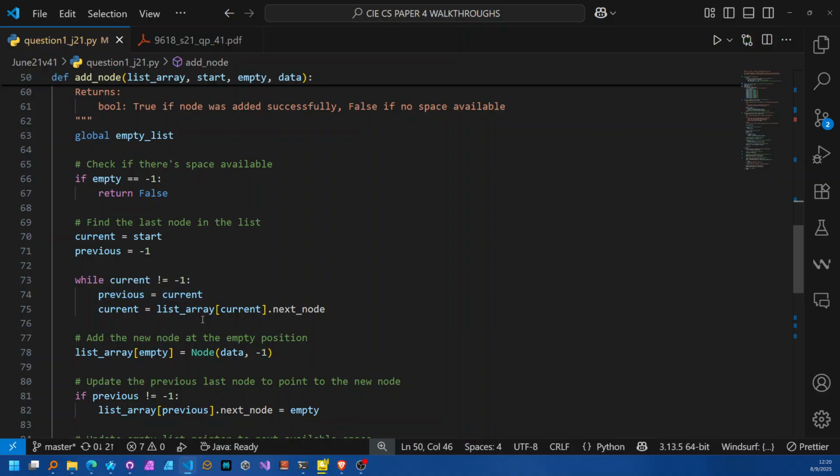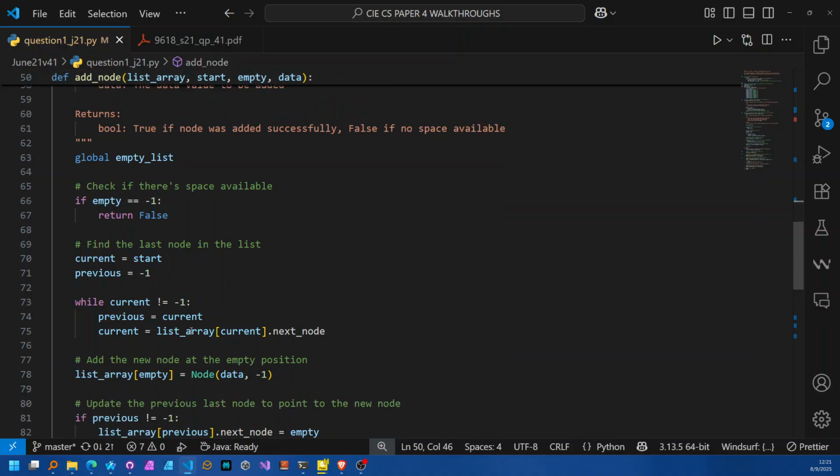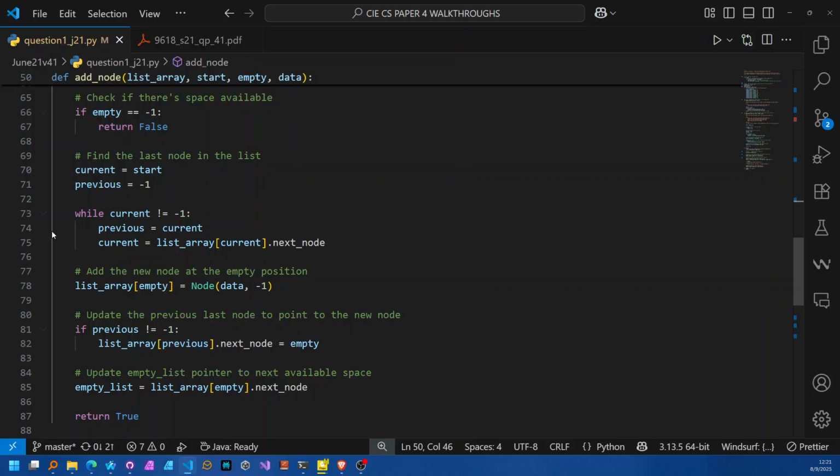Then we are going to take the current node that is inside of the next of the list array that we passed as an argument right here, and then store it as the current. Then we are going to add the new node to an empty position. So we create a new node, pass the data as well as the pointer there, and then we are going to put it inside of the list array at the empty slot there. Then we also need to update the last pointer after we've added a new node to it, because that's how